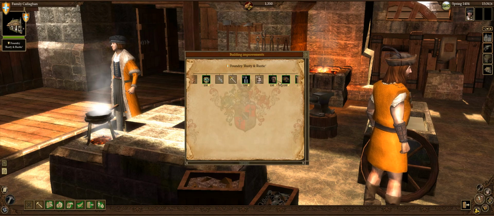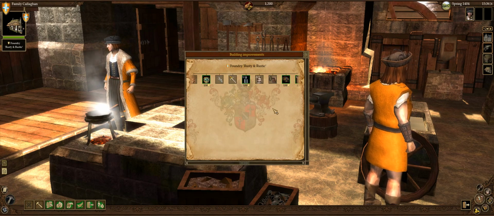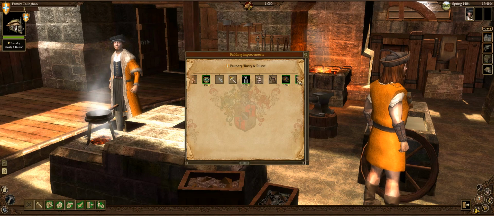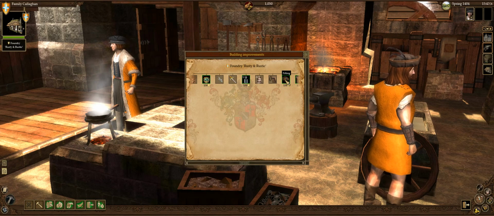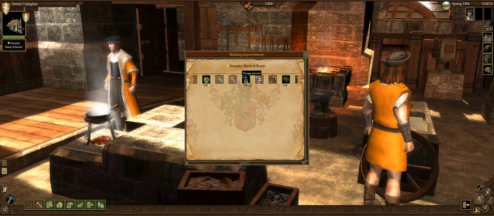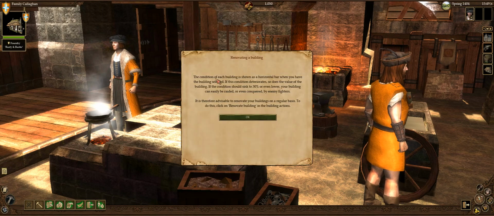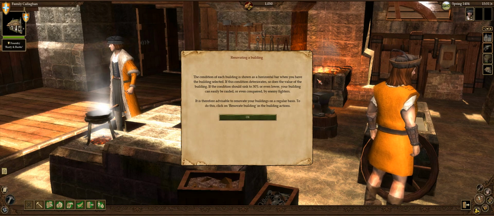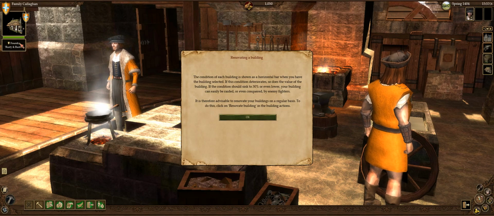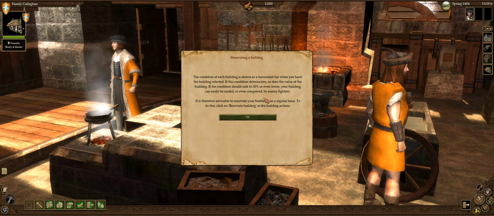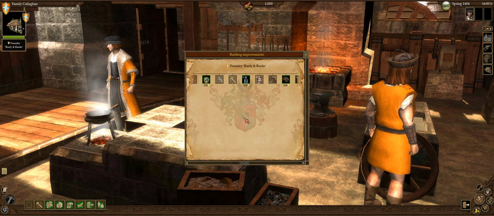The condition of each building is shown as a horizontal bar when you have the building selected. If this condition deteriorates, so does the value of the building. If the condition should sink to 30% or even lower, your building can easily be raided or even conquered by enemy fighters. It is therefore advisable to renovate your buildings on a regular basis. To do this, click